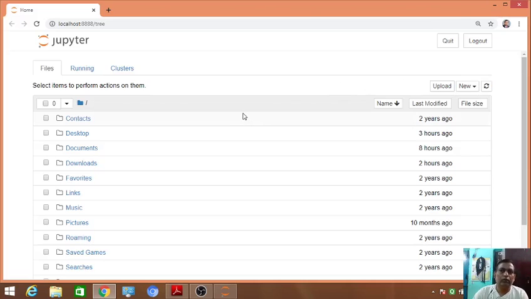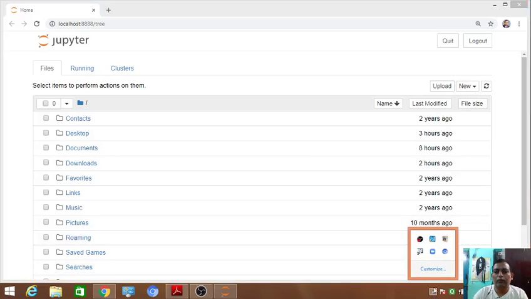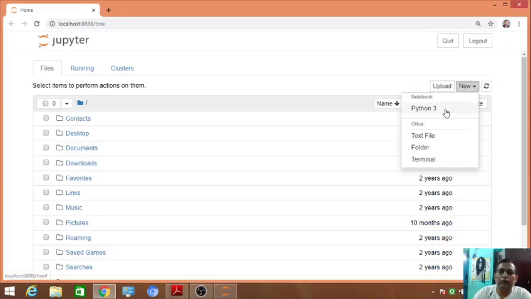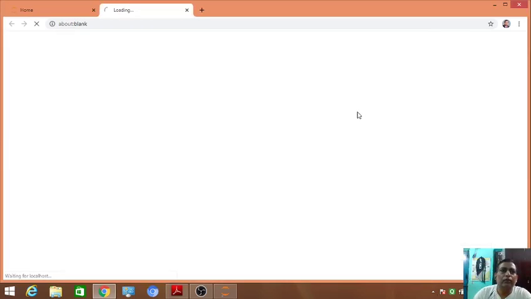And how to open a new file? You can see here in this place you have a New button. Just click on this and it will give you a Python 3 new file.